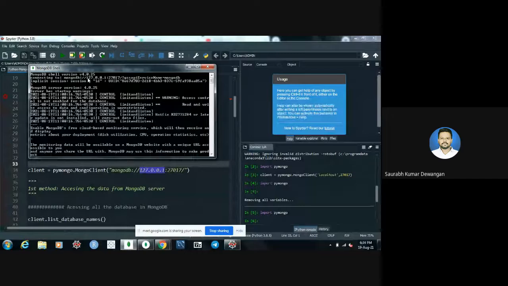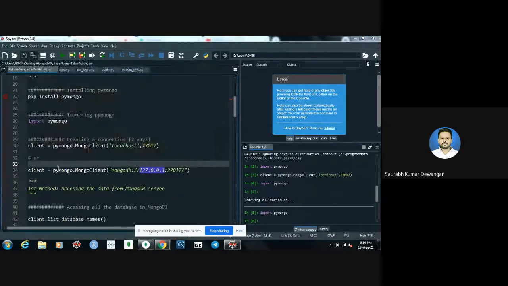You can use that. Here the server ID is 127.0.0.1 and the port is 27017 for me. Maybe for some others it can be different, so you can copy these from here. Okay, so let's move ahead and run this line.